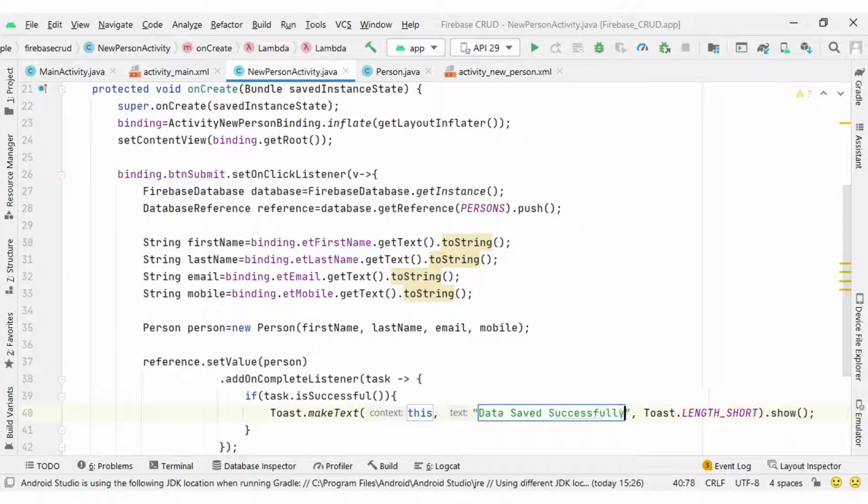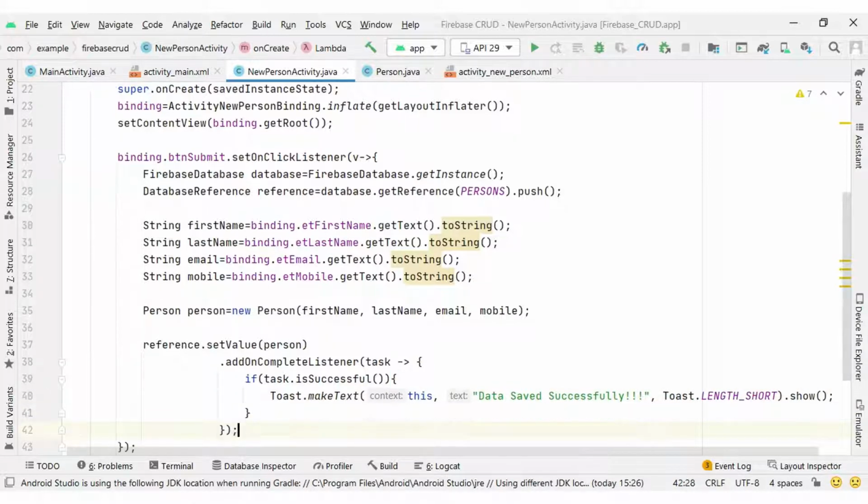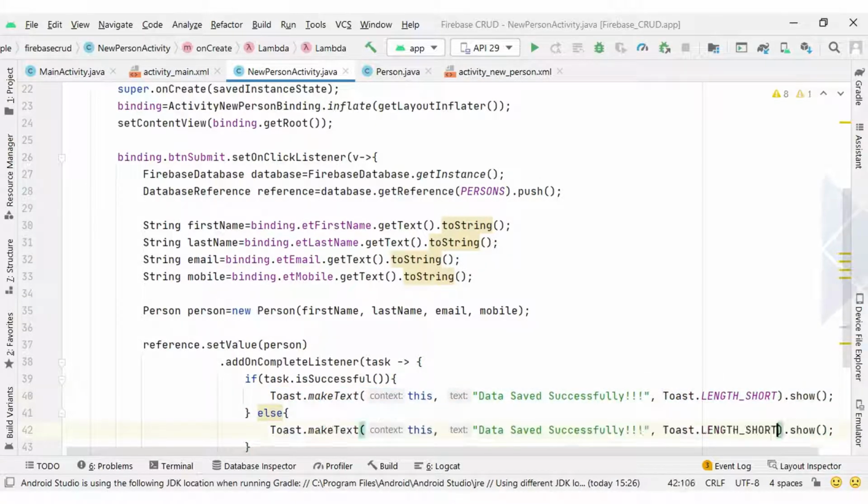Okay, so very simple code with Firebase. There is no API calling required, no SQL query required, simply 2 lines of code. Firebase database instance, and then after that we need to create the database reference object, and then set value. With this if condition we can display the else part as well: data operation fail. If it fails for any reason, we can display this message. Okay, with this let's run and check the output.